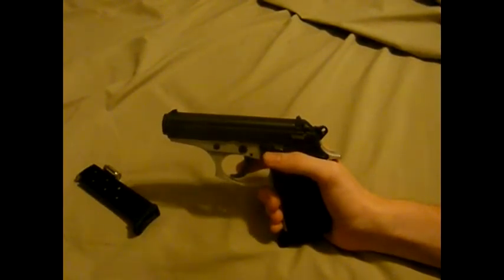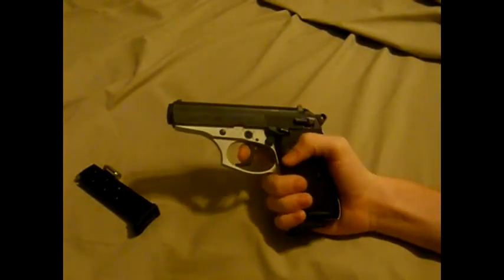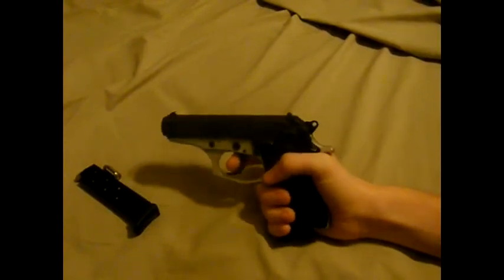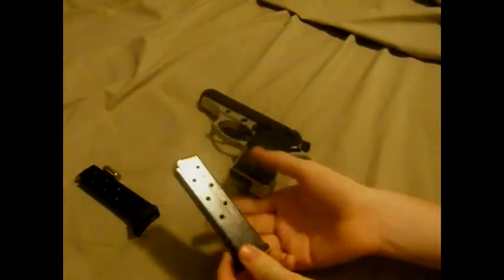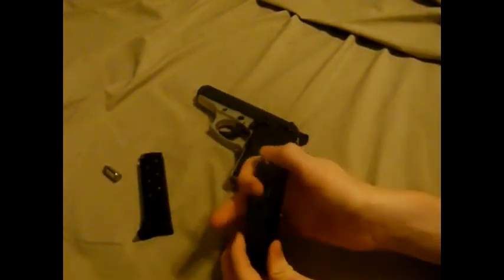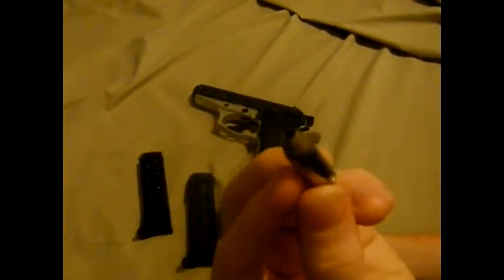But this gun's very, like I said, accurate. It's very reliable as well. Since I got it, about, I don't know, 350, 400 rounds through it. Well, probably 300. I'll say 300. Not a failure. Now, that is shooting just full metal jacket. I've shot a few hollow points through it, and I must say this is my recommended load. Federal 90 grain